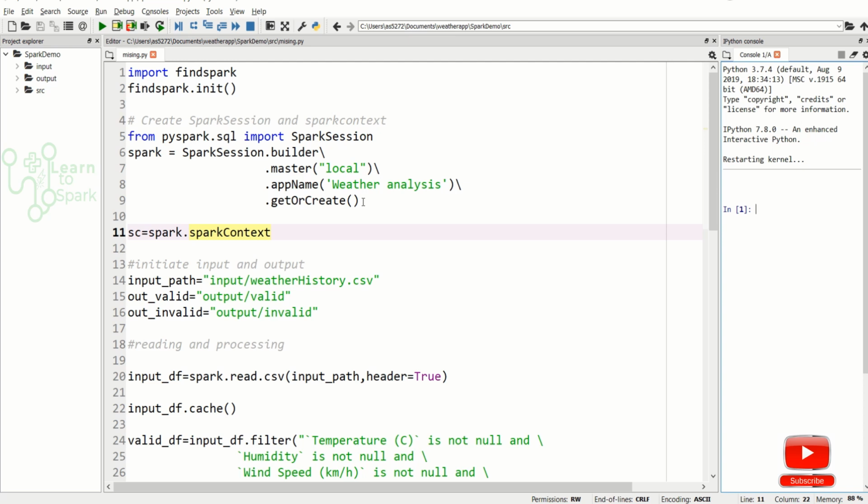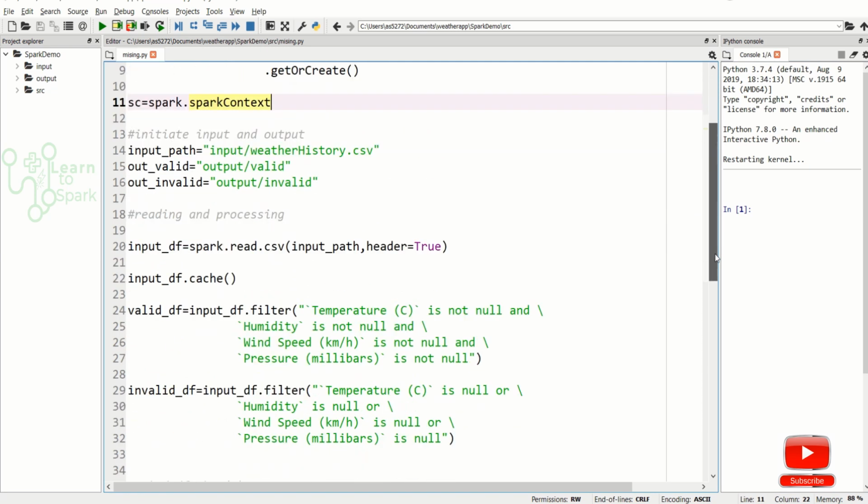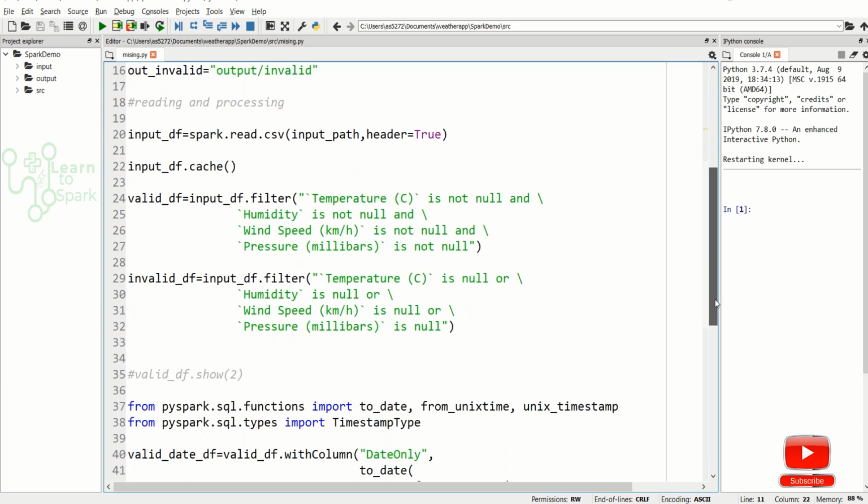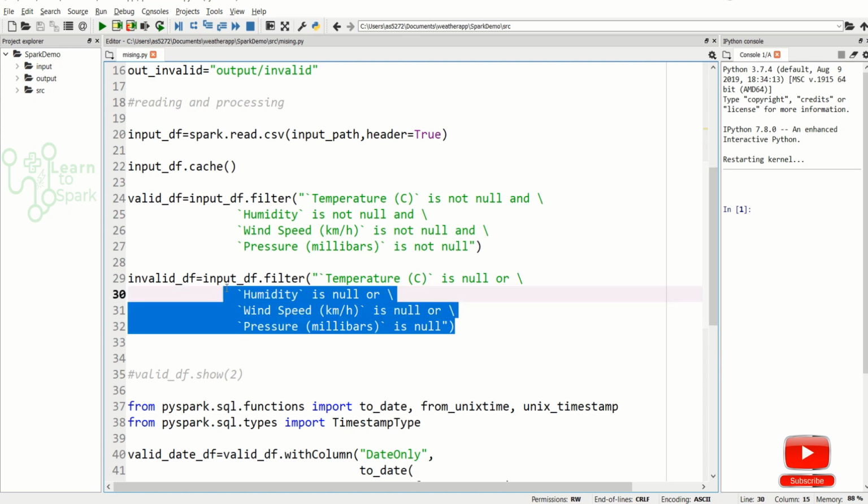As you see here, this is the code that we developed in our previous session. We read the input file, which is weather history data from 2006 to 2016, and after reading it, we split the input records into invalid records and valid records as data frames using these conditions.